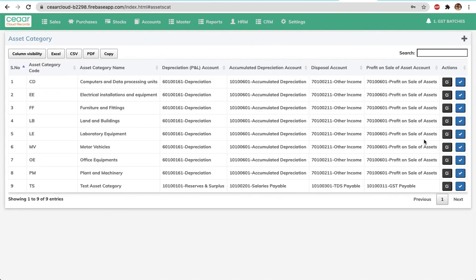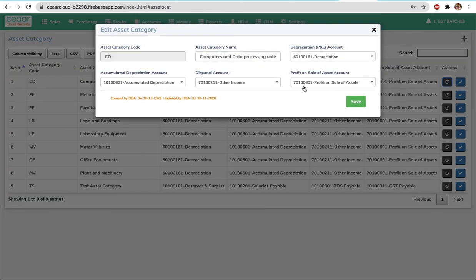The existing practice, you can look into your existing accounts or your balance sheet and create those accounts. The accounts you are going to use may not match the ones here. So you may have to create those accounts and tag them here like this.